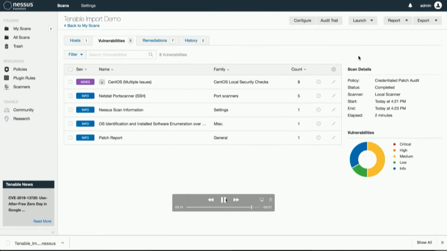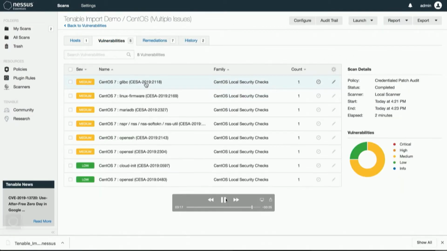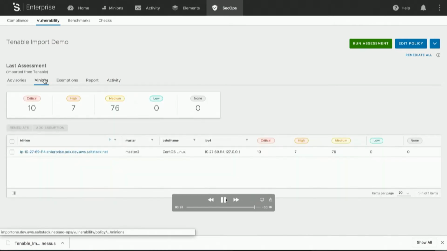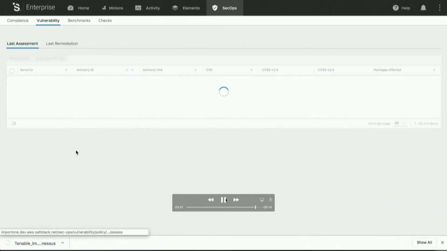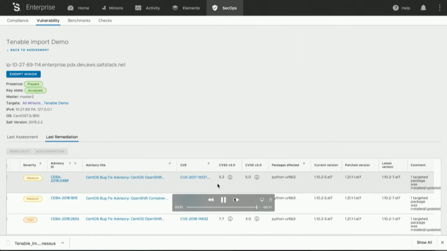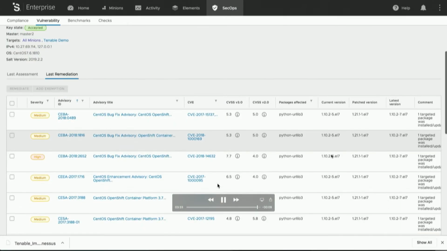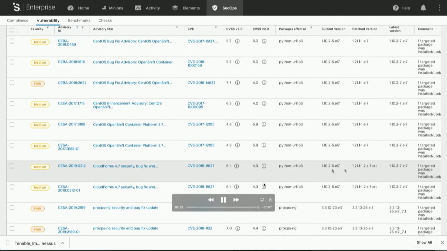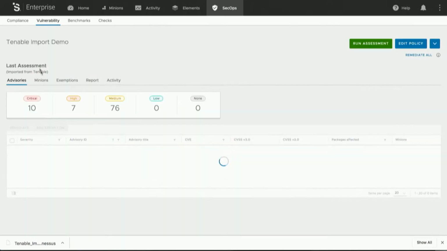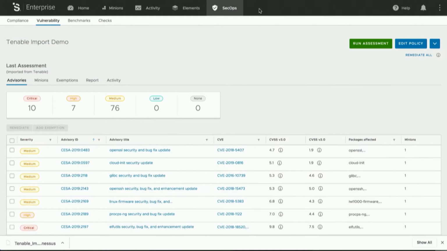Okay, great. So the scan finished, and notice all the high vulnerabilities are now remediated. You can now go back into SaltStack Protect and see what SaltStack has done as well. So you can look into this minion and then dive deeper into the remediation work SaltStack has done. So for example, in this case, we went ahead and updated some packages for you based on what was asked for us to remediate.